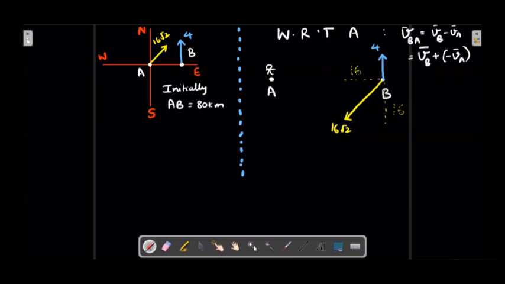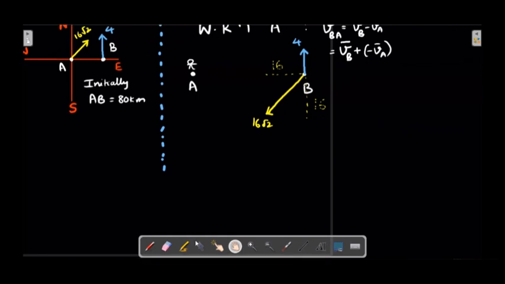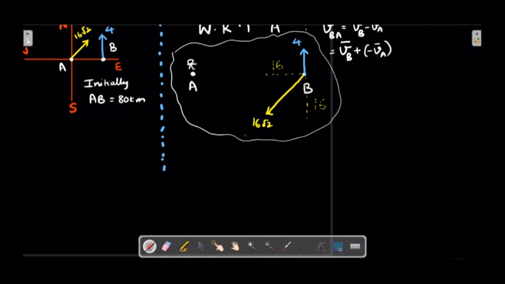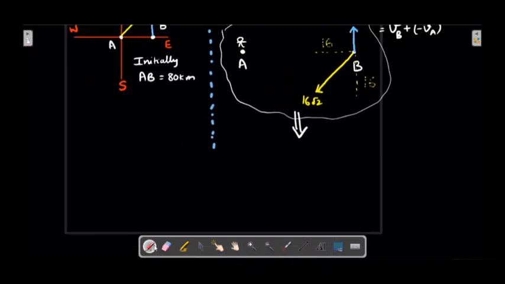So these two 16s, when they fight with 4, it results in a diagram. I'll repeat drawing this diagram again down so that it's clearer. This diagram implies A still staying at rest, because the observer is placed on A, and the B will have a resultant velocity of, listen carefully everyone,